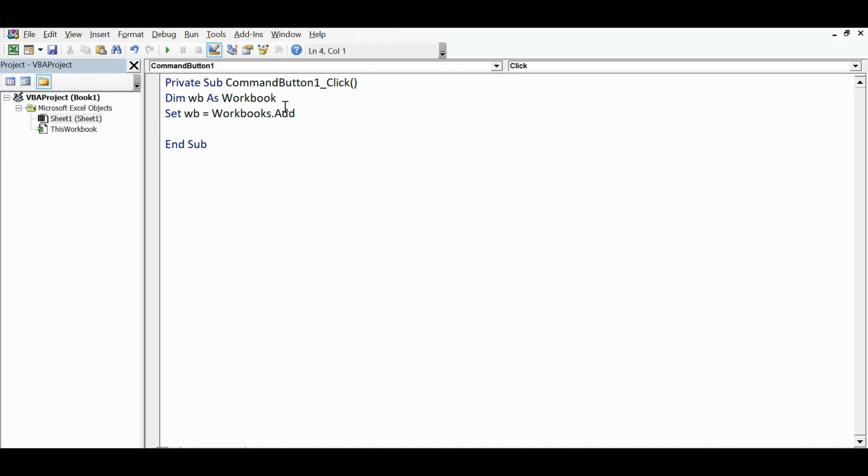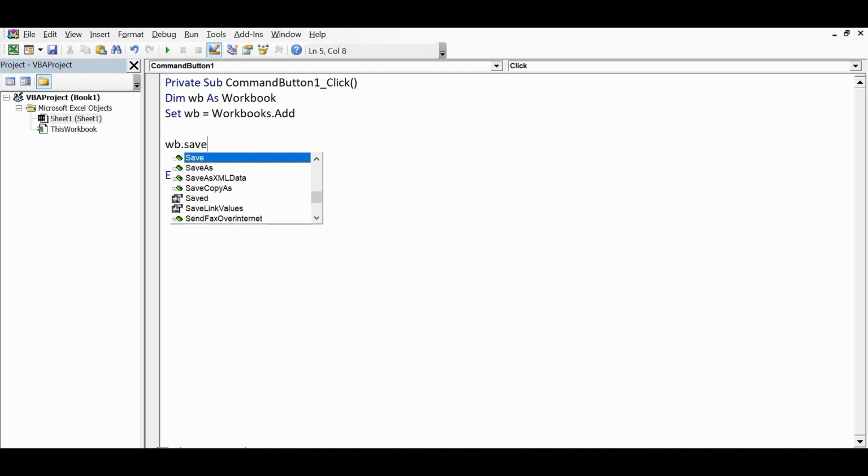What this line will do is, the Workbooks.Add method will create a new workbook and it will activate that new workbook. Then we need to write code for saving the newly created workbook, and if we want we can close that also. So let's see what the code is.